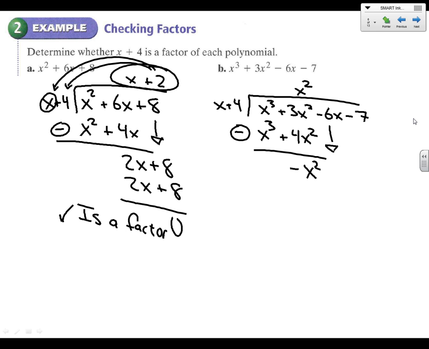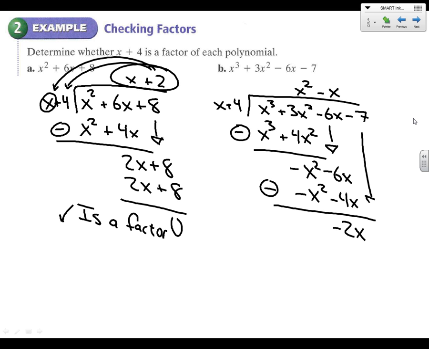Bring down the 6x. And so negative x squared divided by x is minus x. We'll get negative x squared minus 4x. Subtract straight down. We get negative 2x, not negative 10x. Careful with your negatives. Minus 7. Negative 2x divided by x is negative 2. We get negative 2x minus 8. And when you subtract your negative, you end up with 1 down here, so plus 1 over